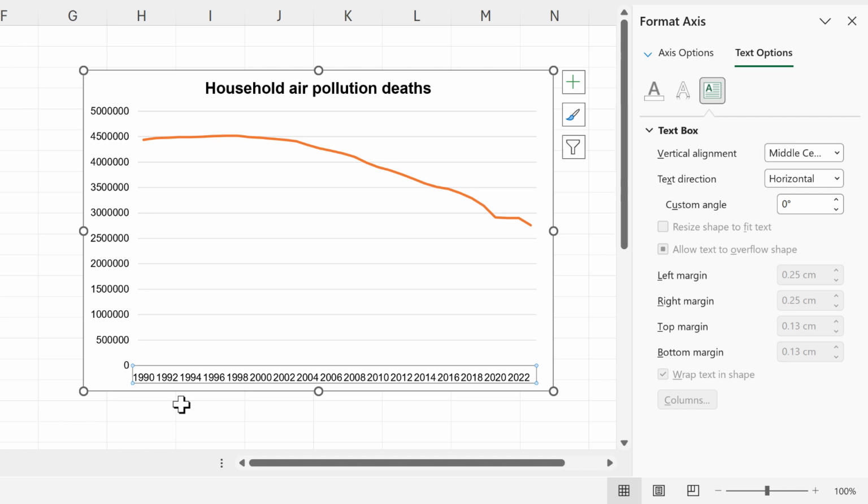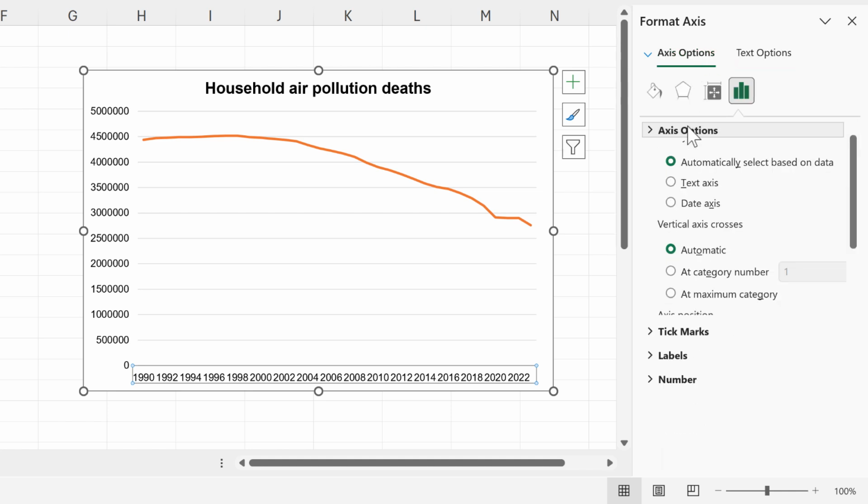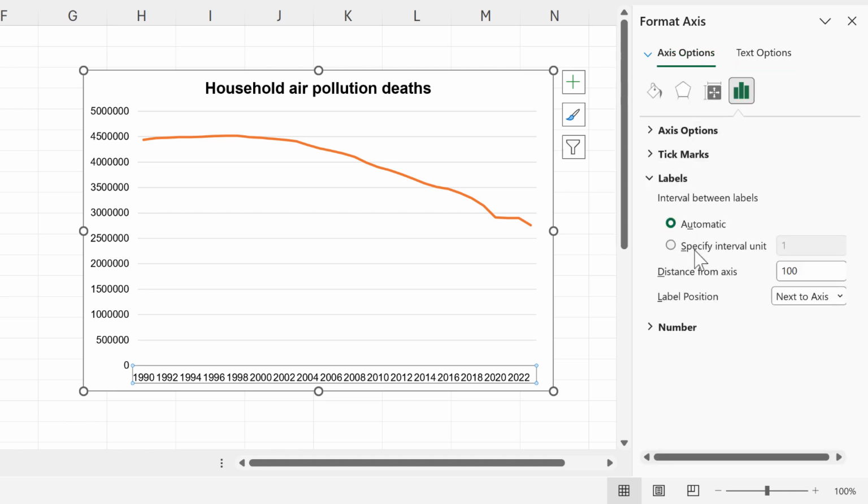The next thing that we want to look at is the gap in between the numbers. You want to have this be a nice round number, like a multiple of 5 or a multiple of 10. In order to change that, we'll go to Axes Options and then Labels and change the interval so that it is 5. And now you can see the numbers are all multiples of 5, and there's a nice reasonable gap